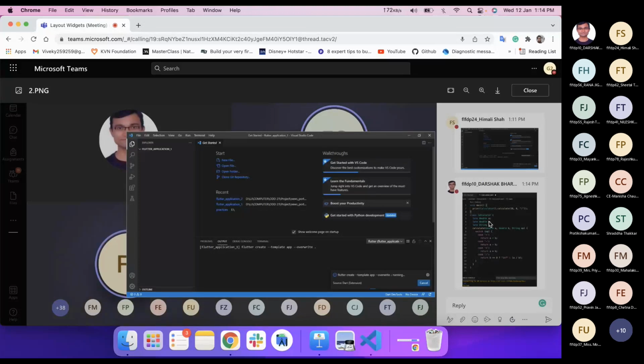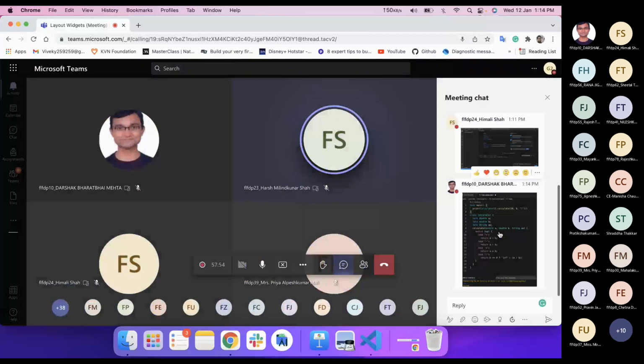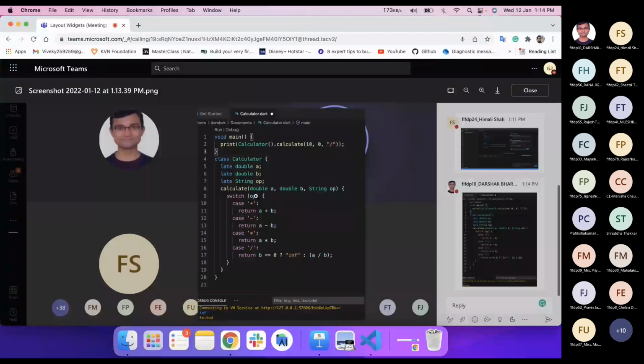So we can see Darshak has completed the calculator class. Oh wow, you have used a switch statement. That's great. And you're passing the operation as well. Okay, let's give a small task to Darshak: create one more function here, like printInfo, and in that print all these values from a, b, and op.